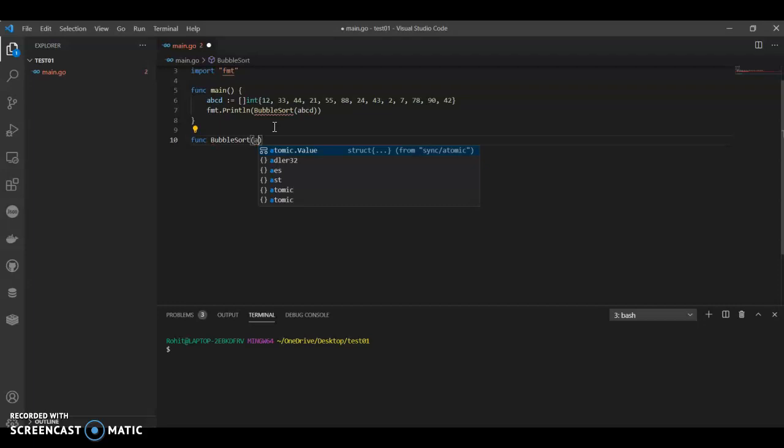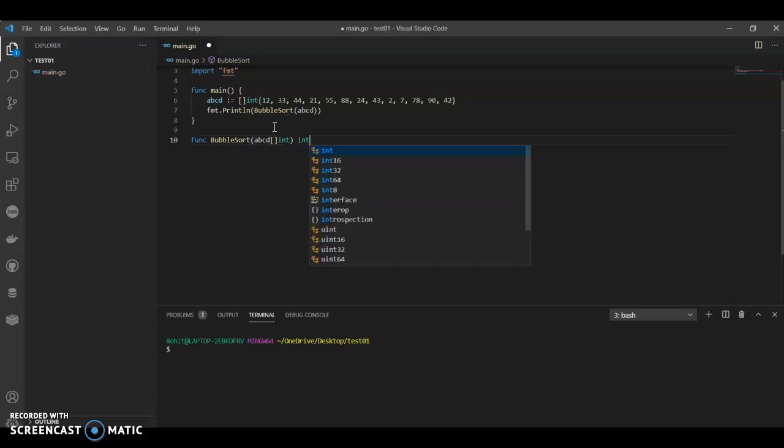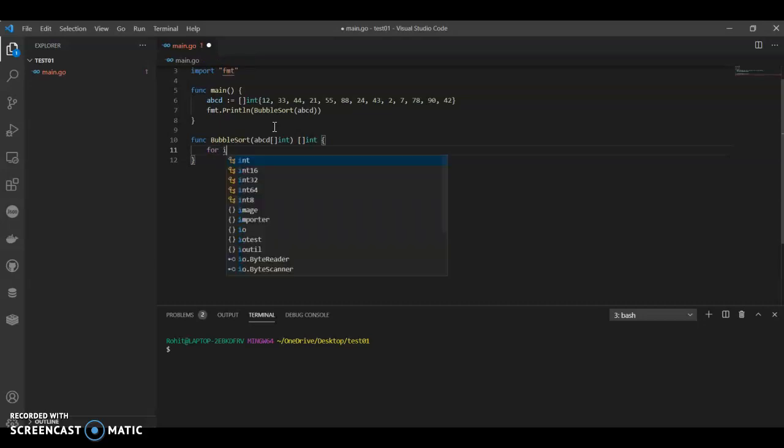In that we can have ABCD, then int slice. And these two steps are very important. i equals 0, comma, i is less than the length of ABCD minus 1, i plus plus, then j equals 0,